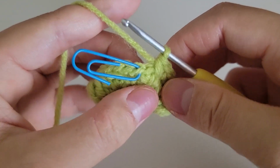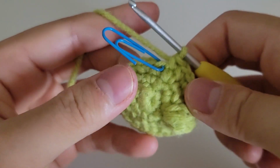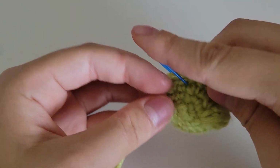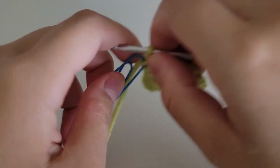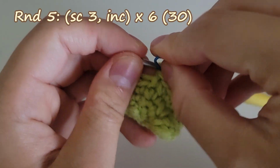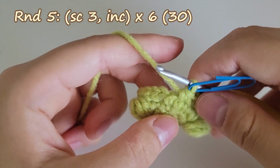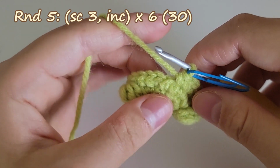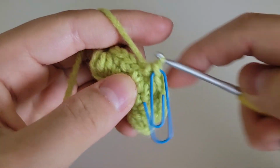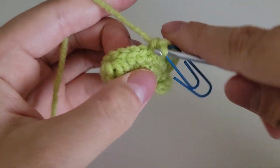Okay, so now we're on to our last stitch. We're going to do 1 single crochet to finish our 4th round. Okay, so we finished our 4th round. Now for round 5, we're just going to repeat a sequence of 3 single crochets and then an increase 6 times. So we're going to repeat that sequence 6 times to have a total stitch count of 30. So we got 1, 2,